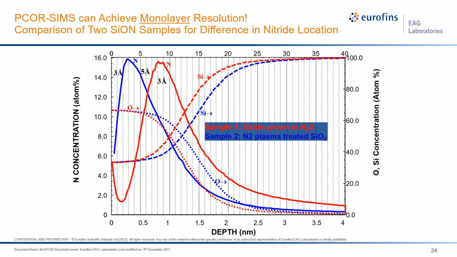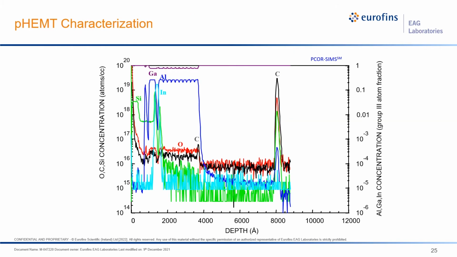And yet, with proper SIMS protocols or high depth resolution protocols, you can see the distinction between a nitride on the surface versus nitride in an oxide when you have only 4 atom layers or 5 atom layers. So that gives us confidence that now we can look at pHEMT structures where you have a few monolayers of silicon delta layers. So this is a boilerplate pHEMT structure, and there are 2 main important layers that epitaxial engineers